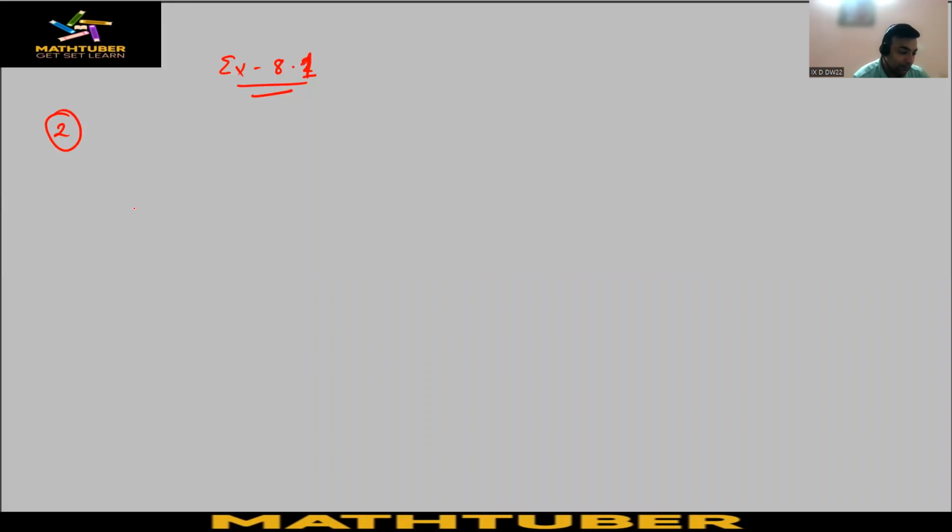Second question. The figure is given in the book. In this figure, a triangle PQR is given and the sides of the triangle are also given. This is 13 centimeter, which is the hypotenuse, and the perpendicular is given 12 centimeter. So we have to find this QR here, using Pythagoras theorem,